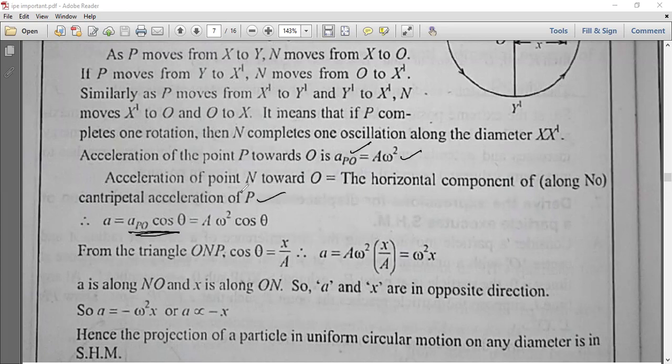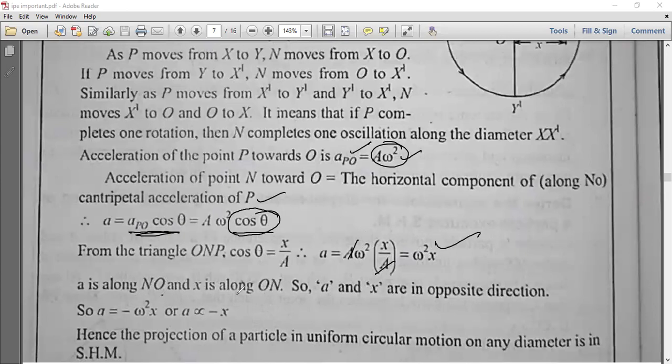Its component you have to take. Now from triangle ONP, cos theta is equal to x by A, and therefore at this place I am substituting x by A, and this A and this A cancelling, I am getting a is equal to omega square x, and therefore